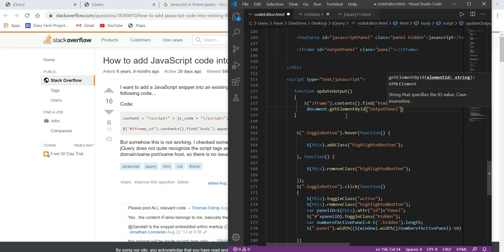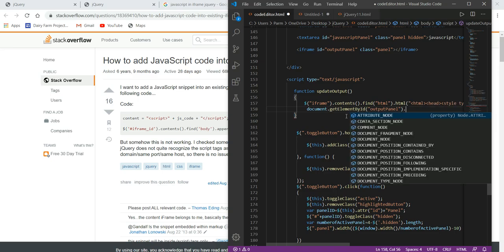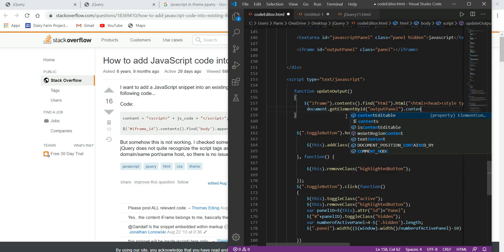Output panel dot contentWindow dot eval.